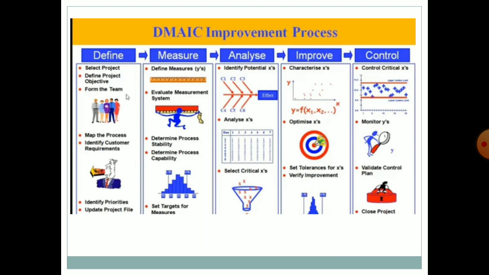Next, improve. Once analysis is done and particular levels of the parameters are set, then we have to improve the process step by step, because DMAIC is a continuous improvement process, so we always go for improvement. And last is control. Control means once the plan is set, we should avoid deviations, which may be due to the operator or the machine. That phase becomes control. So this is the DMAIC approach: define, measure, analyze, improve and control, to implement the Six Sigma process.